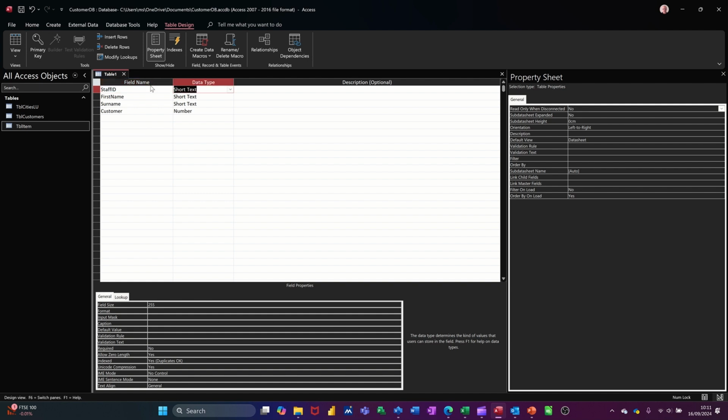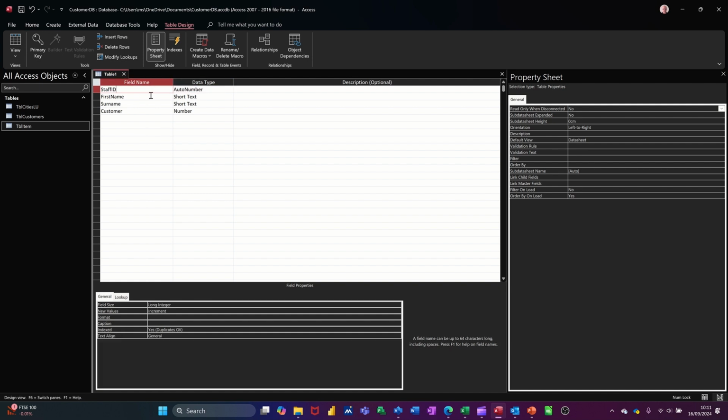That also wants to be a number field. I'll do an auto number for that one. But that'll be the primary key. So first name, surname, customer ID. So this is going to be, I'm going to use this to link it in. So you basically, a member of staff is going to deal with a customer. So if I save that as TBL staff,